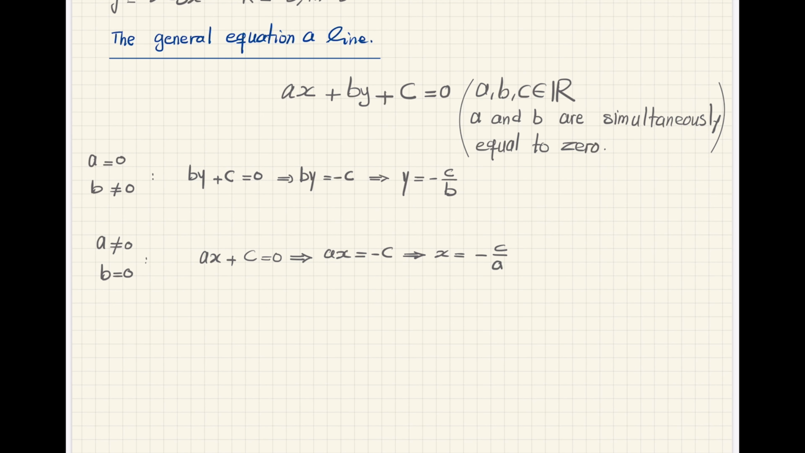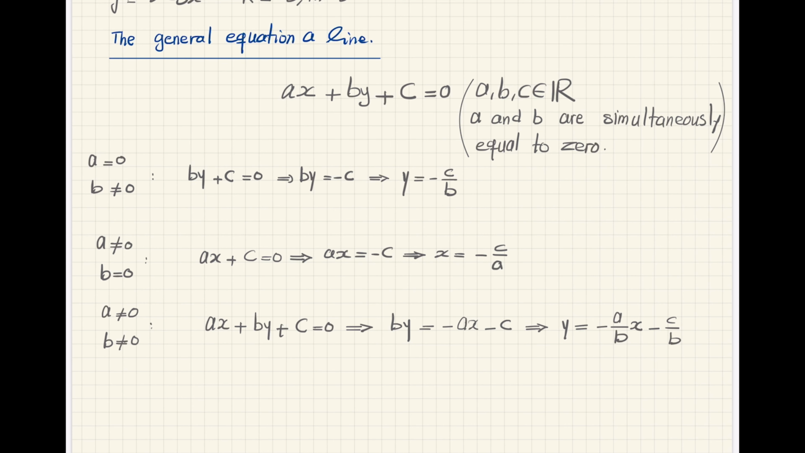And then what happens if neither of them is equal to 0? A is not equal to 0 and B is not equal to 0. I hope that still you agree with me that it is still a straight line. Why is that? Because what I can do, I can move AX and C to the right, then it becomes BY is equal to minus AX and minus C. Because B is not equal to 0, I am safe by dividing both sides by b. There are two terms to divide on the right hand side, so it becomes minus a over b x minus c